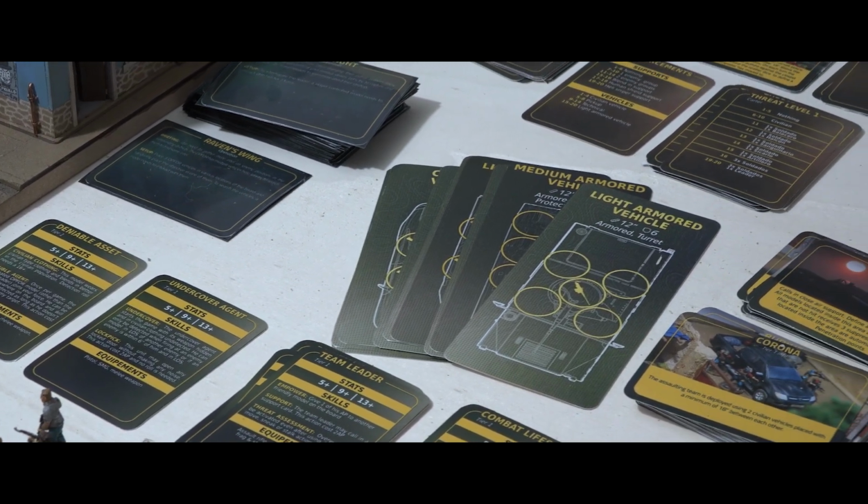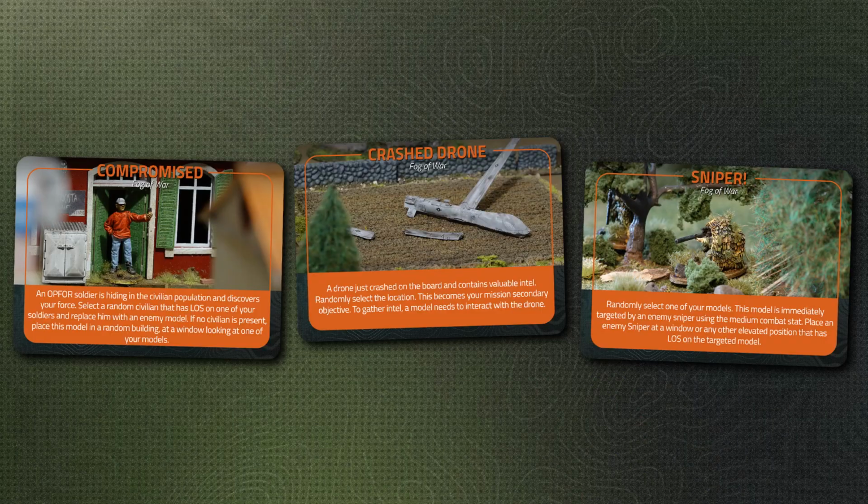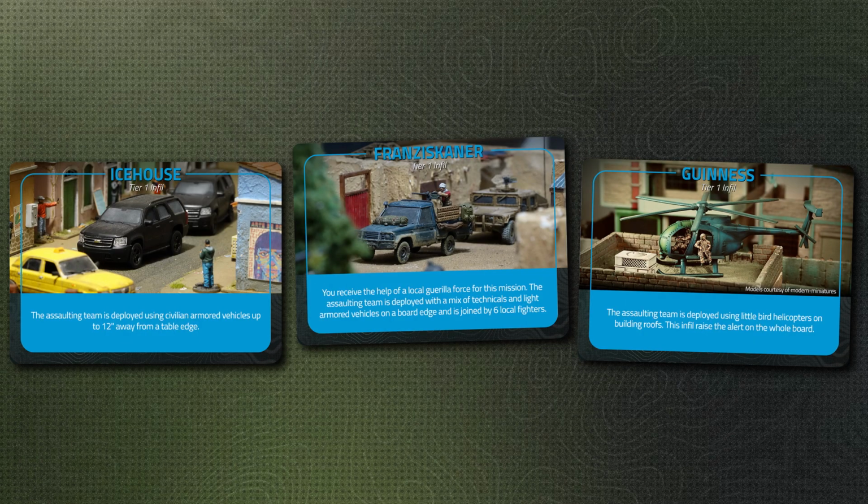Haywire comes with more than 200 print-and-play cards. Some are present to add more randomness to a game, like the Fog of War Events deck. The infield deck gives the assaulting team its starting position on the board. They could be deployed using pickup trucks trying to blend in a civilian populated area, or maybe their helo went down touched by an RPG and crash landed in the middle of the board,